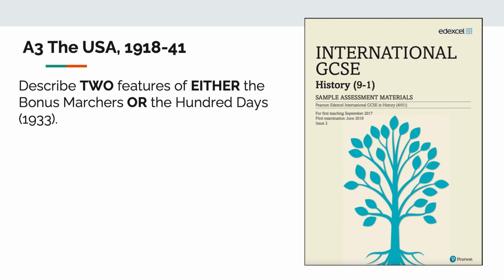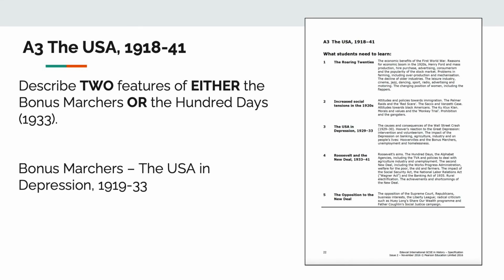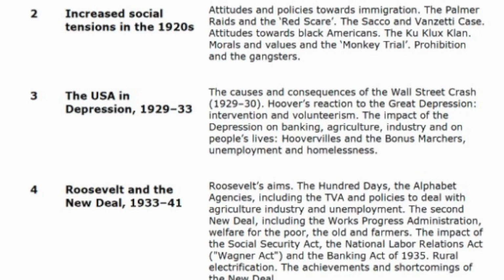Now, let's look at this as an example of the bonus marchers. Maybe you know what this is, maybe you don't, but the main point that I'm trying to make is that if you were to cross-reference this with the official assessment materials from Pearson, you will discover that this particular vocabulary word, bonus marchers, is from unit number 3, the USA in Depression, 1929 to 1933. And then within that unit 3,